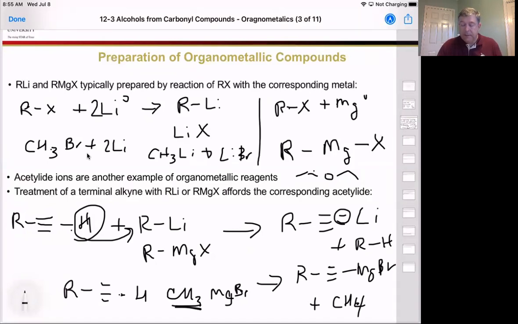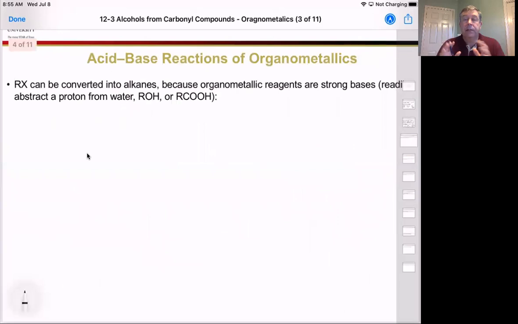Okay, so let's continue talking about the acid-base reaction with these organometallics. Okay. So in our generalized sense, we have our R group with something like our magnesium halide here. And of course, this is the partially negative side, and this is the partially positive side of this bond, because carbon is more electronegative than magnesium. So if we react that with something like an alcohol,